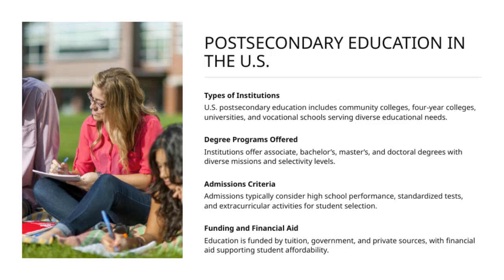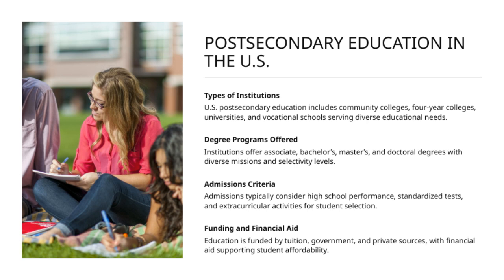Let's take a closer look at the different types of institutions involved in U.S. post-secondary education. You'll find community colleges, four-year colleges, universities, and vocational schools, all serving a wide range of educational needs. Each type plays a unique role in helping students achieve their goals. When it comes to degree programs, institutions offer a variety of options, including associate, bachelor's, master's, and doctoral degrees. These programs often have different missions and levels of selectivity, allowing students to choose paths that best fit their ambitions